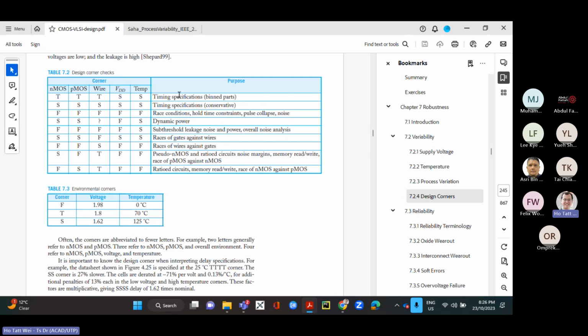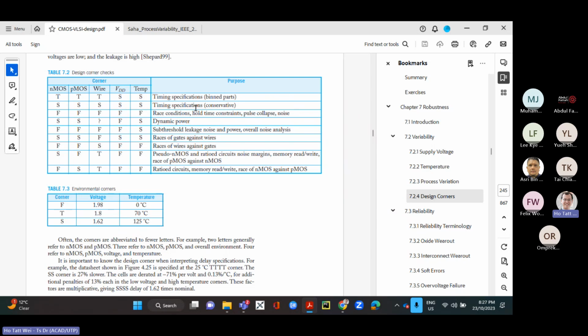So if you're actually looking for timing specification for bin parts, means you are actually trying to classify the parts, right? Just based on timing specifications, you set NMOS, PMOS, and wire to be typical, but you run that in the VDD and the temperature slow corner because this is the lowest VDD and temperature that your specification allow. And then if you want to be really conservative, like you want to really say what is the worst case timing,